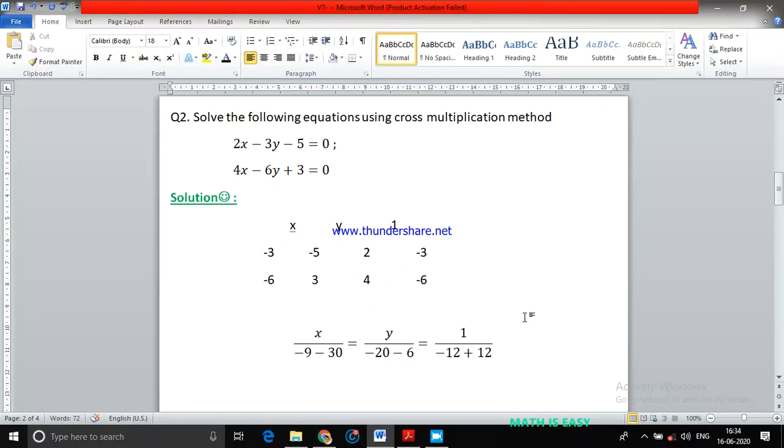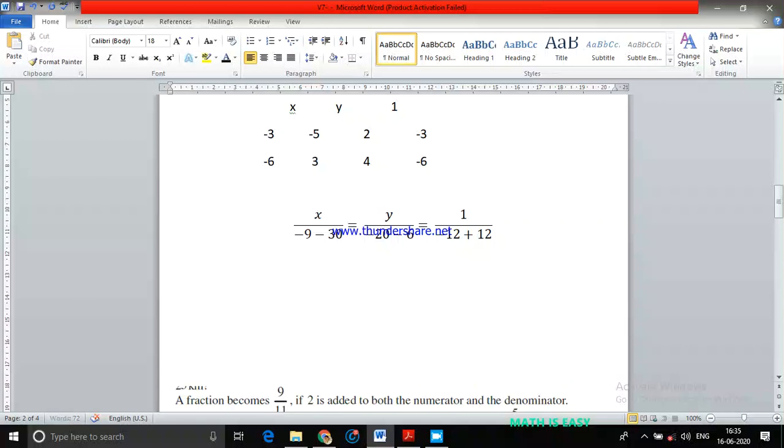Okay, so next equation, if I simplify, I'll get it as,